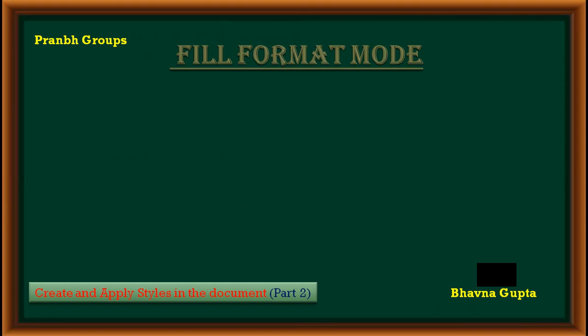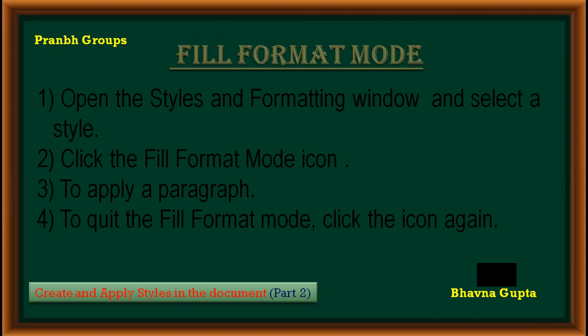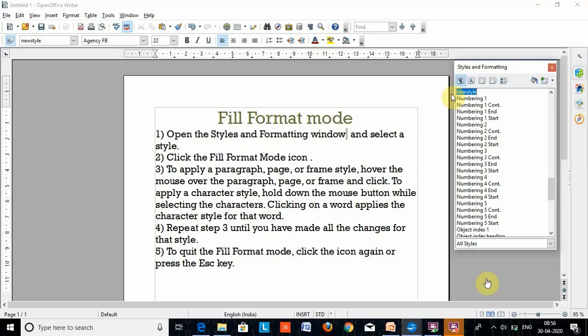Use fill format mode to apply a style to many different areas quickly without having to go back to style and formatting window and double click every time. Follow these steps. Let's do the practical and learn how to apply this format. Firstly, open a style and formatting window and select a style. Then click a fill format mode icon